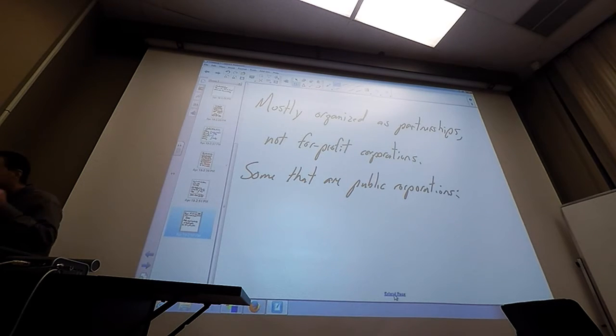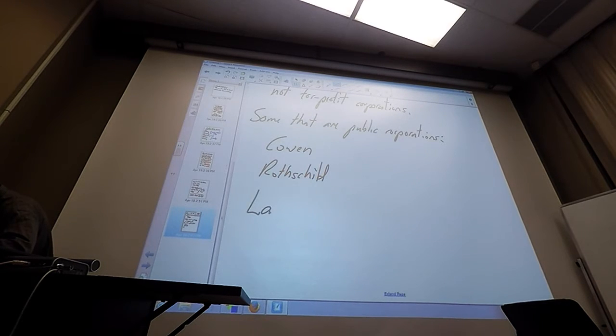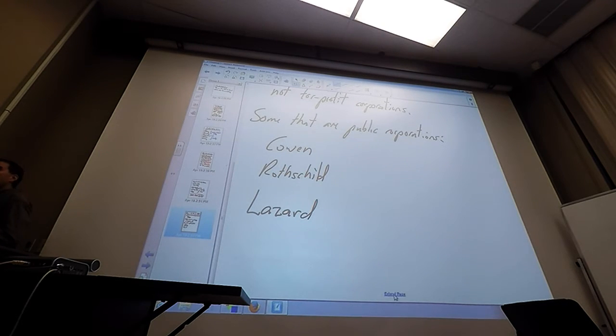So there's a couple examples that you can actually go out and observe that you might have heard. There's one called Cohen. There's one called Rothschild. There's one called Lazard. Those are 3 of the most well-known or famous of these boutique investment banks, Cohen, Rothschild, and Lazard, that are actually publicly traded, so you can actually get their statements and look at what they do and see some of the information about them. And one of them is on our practice assignment, the other one's on our real assignment. So looking at some of those is one of the things that we have to do there.